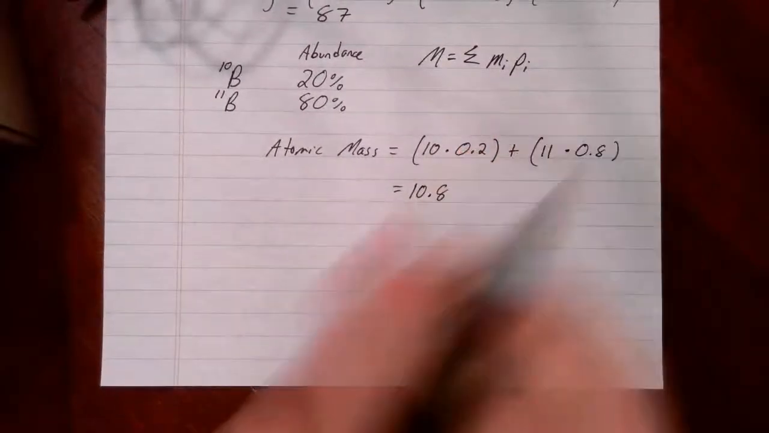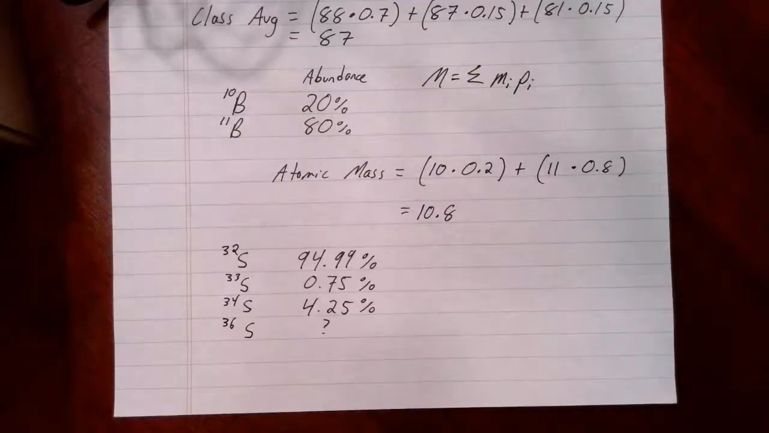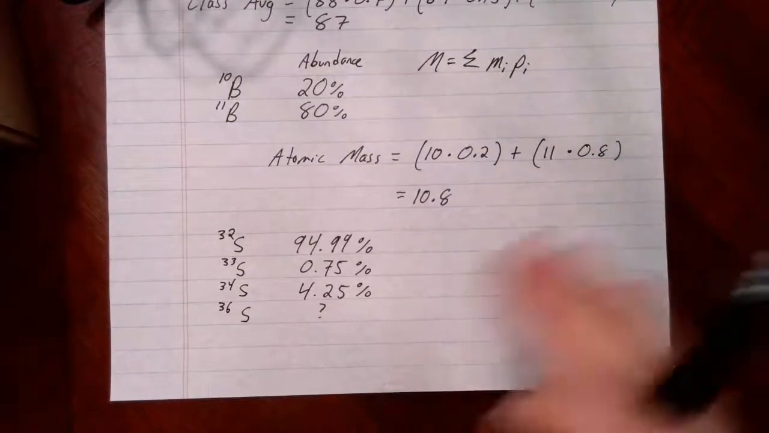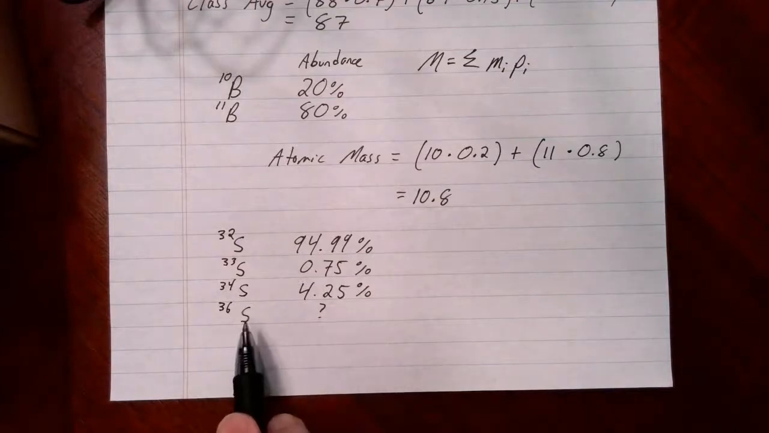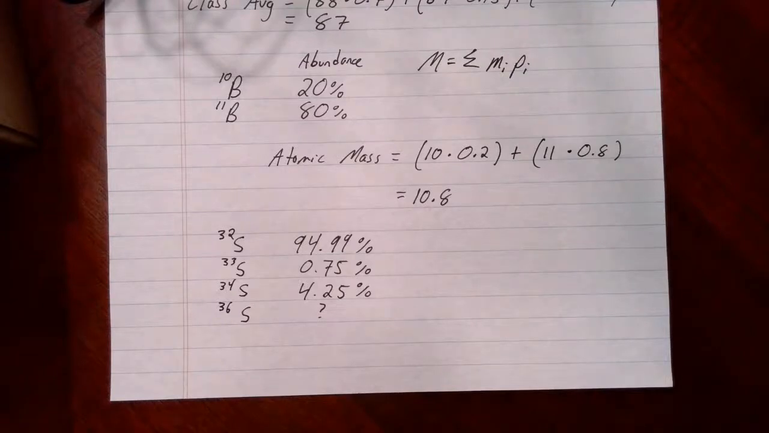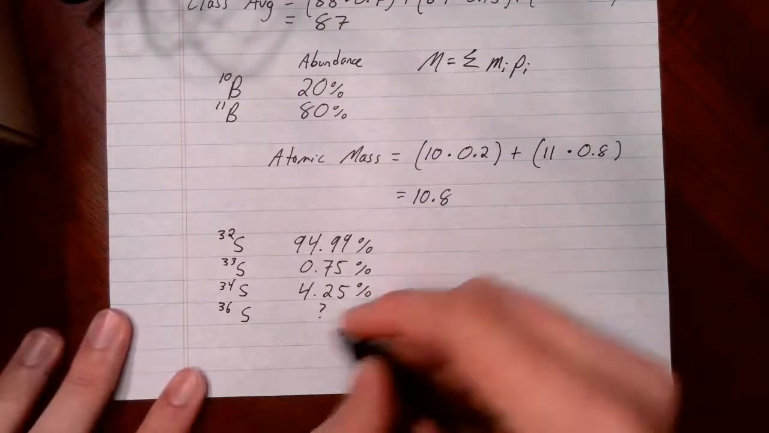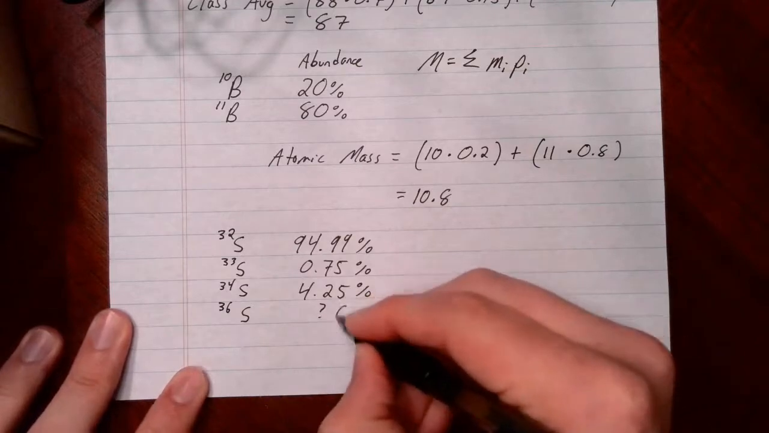So now let's go ahead and take a look at sulfur. Okay, so I listed out the 4 common isotopes for sulfur as well as their relative abundances in nature. And I want to calculate the average atomic mass. But notice there's a little bit of an issue here. I don't know the relative abundance for sulfur 36. But I know that the abundances always have to add up to equal 100%. So I can pretty easily subtract all the percentages from 100 and find that the abundance of sulfur 36 is